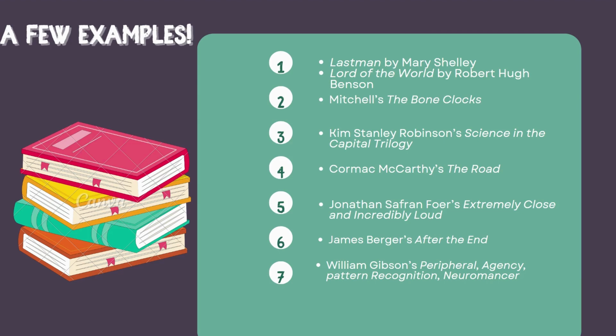Those are The Last Man by Mary Shelley, Lord of the World by Robert Hugh Benson, Mitchell's The Bone Clocks, Kim Stanley Robinson's Science in the Capital trilogy, Cormac McCarthy's The Road, Jonathan Safran Foer's Extremely Loud and Incredibly Close, James Burgess' After the End, and of course William Gibson's Agency, Peripheral, Pattern Recognition, Neuromancer, etc. So these are some of the